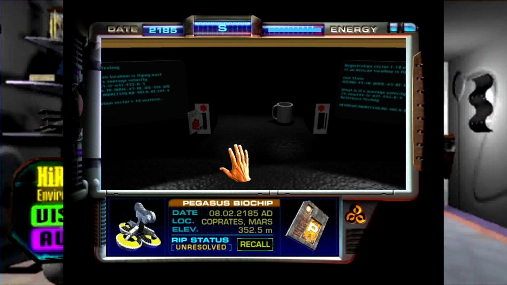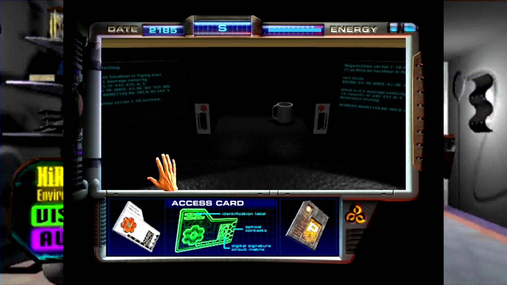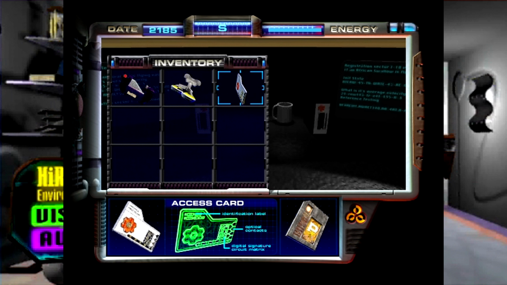But we do need to pick something up here, and that is this access card. We have the identification label, optical contacts, and digital signature circuit matrix. Oh, what do I want? How do I...